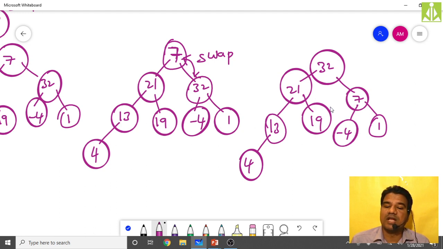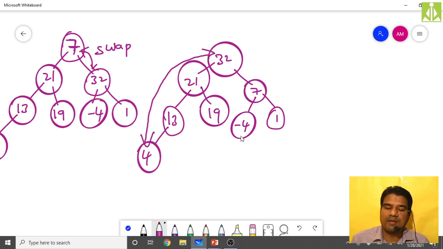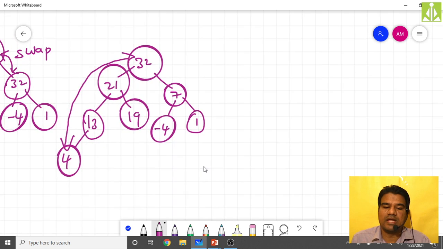So in this way, we can delete any of the nodes. So now again, you perform one more deletion, that is nothing but 32 you delete. How we delete? Again, you find out the last leaf node in level order traversal, that is 4, isn't it? Last leaf node in level order traversal is 4. So swap 4 value with 32, root node value. Swap 4 with 32. So what you will get now?